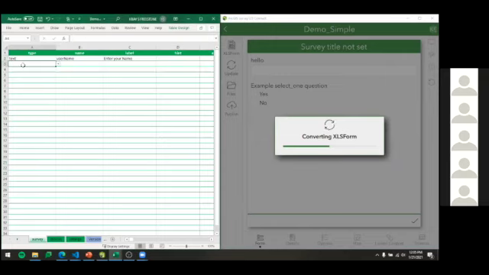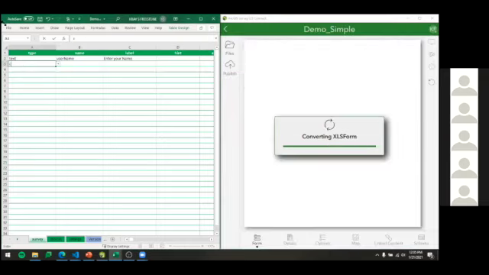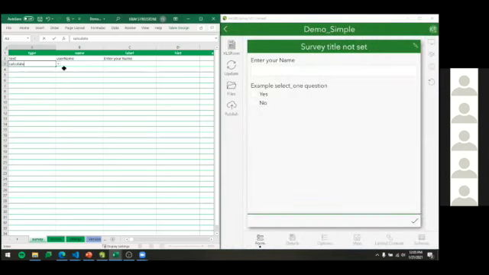Just going to delete that. And I'm going to create a calculate type. This is where Survey123 will be able to talk to our JavaScript file. So you have to give a name, which corresponds to what a field name would be in ArcGIS Online or in a geodatabase, and label is the equivalent of an alias. So I'm just going to call this